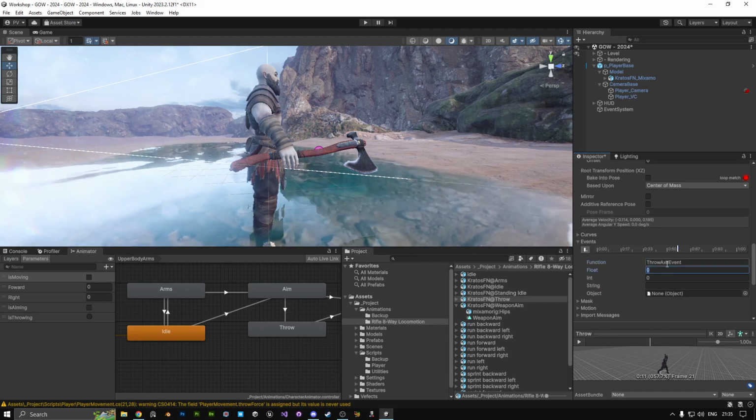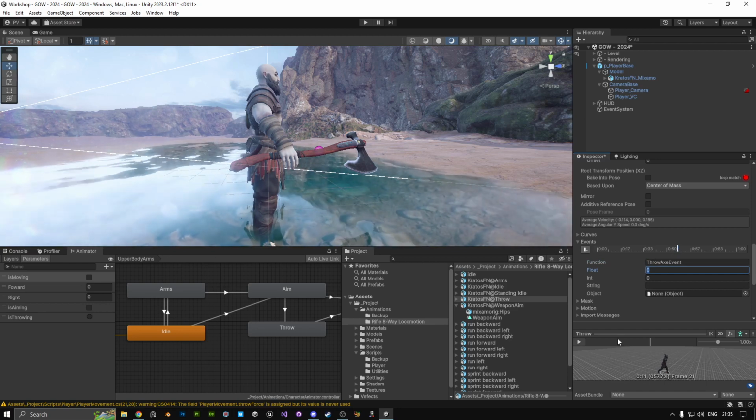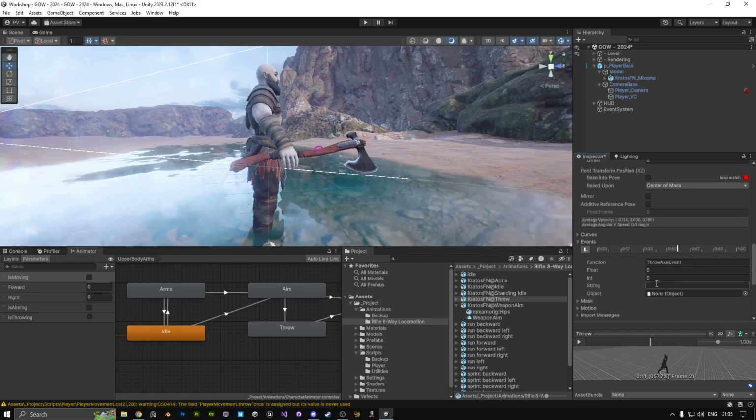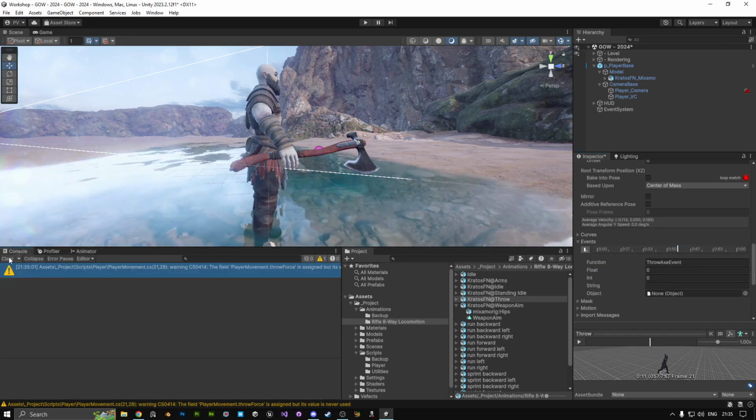So let's test if this works. When the animation gets to that point where that event is, whatever is called throw axe event should get called, and we should get a debug log here saying,